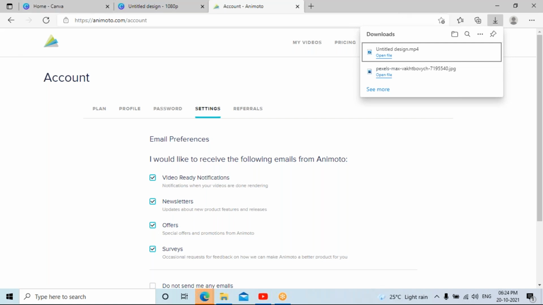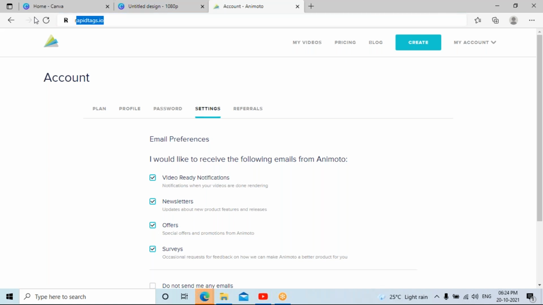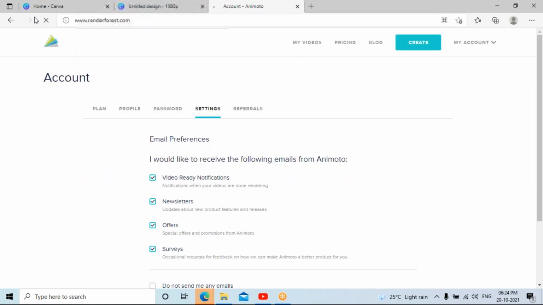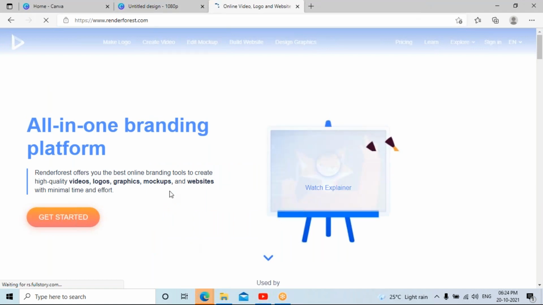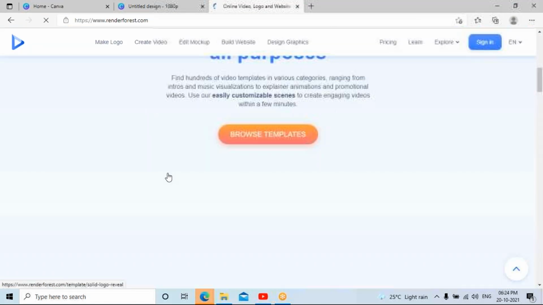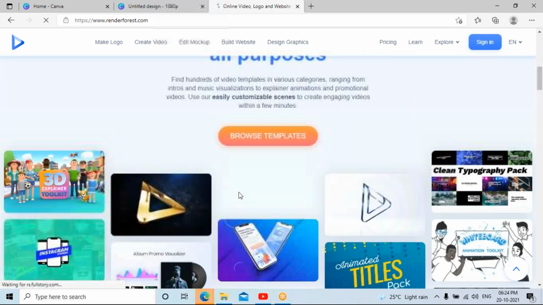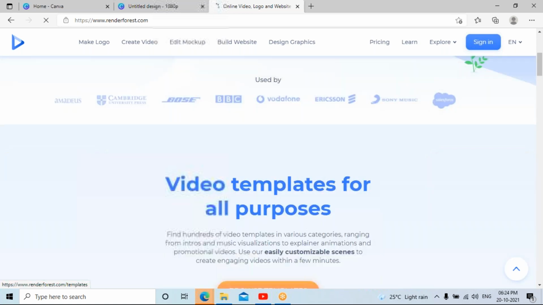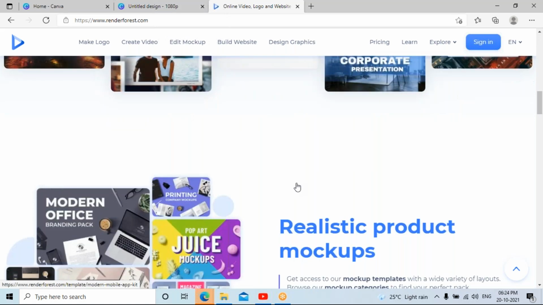Okay, so if I try the same content, I'll use it with a website called renderforest.com. So I can make use of these templates in different formats. I can choose it by browsing templates.